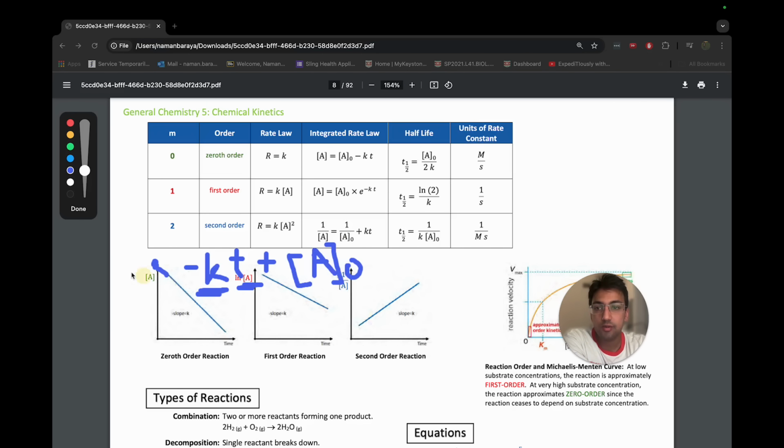And that's going to equal the y, which is a. And so that's how we get this equation. So you can actually derive this equation if you just remember what this graph looks like. Now, you can also derive the half-lives of each of these by just remembering these graphs, because you can think,